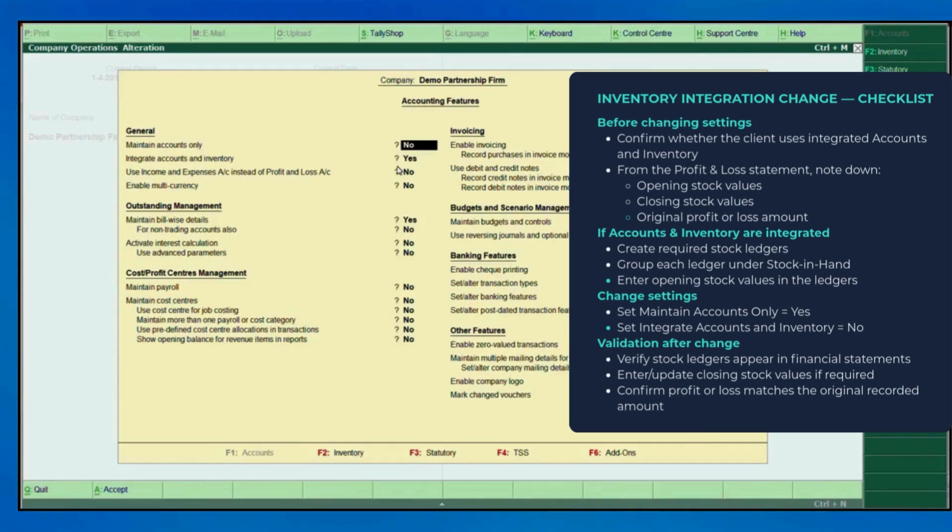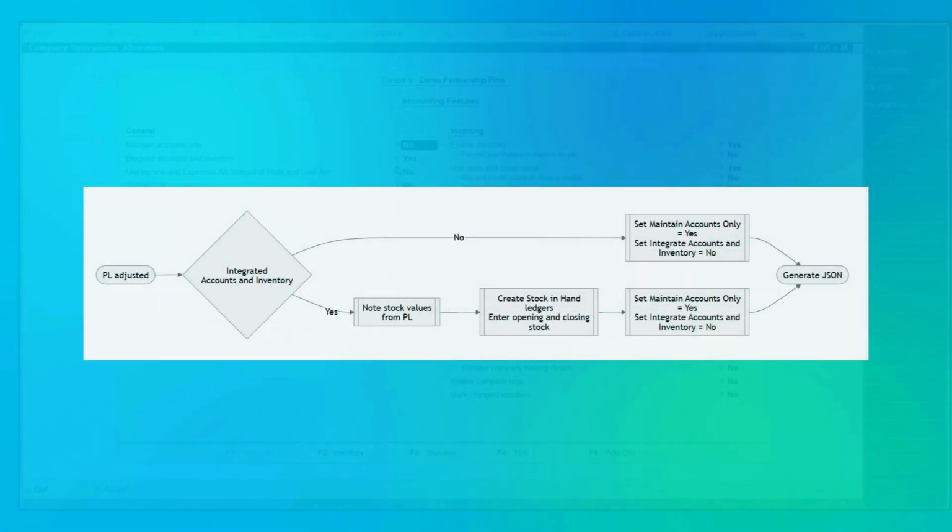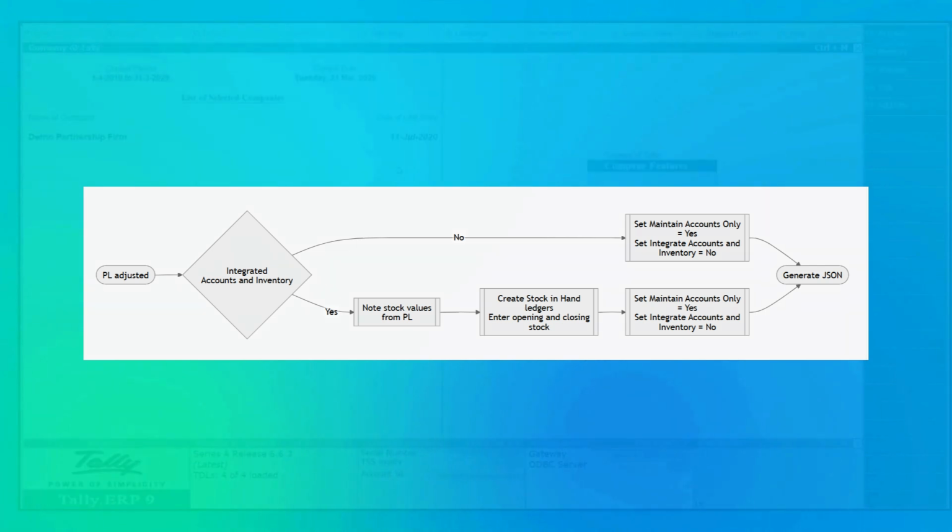If the Integrate Accounts and Inventory option is set to No before creating stock ledgers, Tally will not display the stock in hand group, preventing you from creating ledgers under it. Additionally, any existing stock items already reflected in the profit and loss account will be automatically removed. As a result, stock values will no longer appear in the financial statements, and the reported profit or loss will